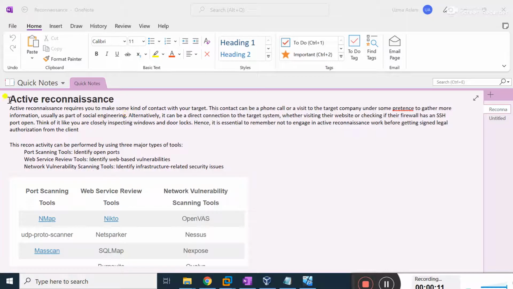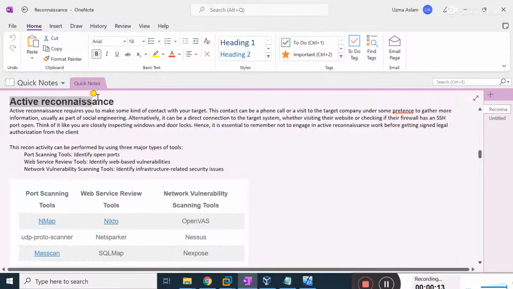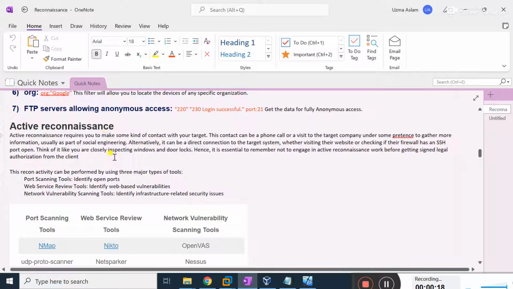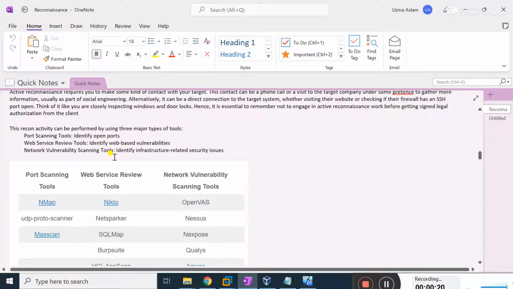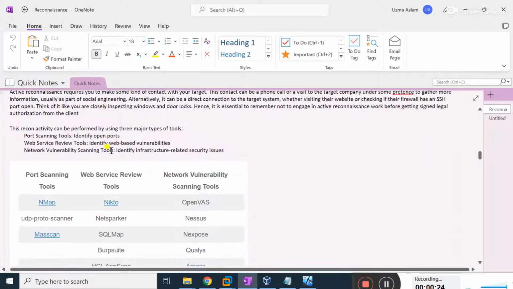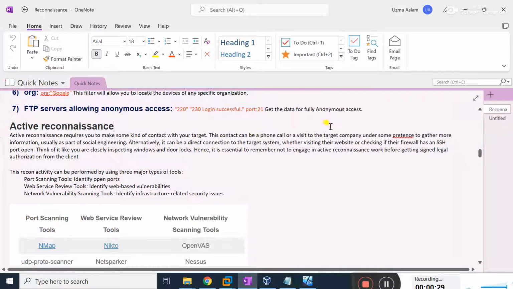In this lecture, I am going to teach you about active reconnaissance. Okay, from the definition I will tell you about that. Basically, active reconnaissance means that in this phase of ethical hacking, we have to collect information about our target machine actively. Something like that. You can personally visit your victim and find different information about your victim in an active way, and somehow you try to find information about your victim by using social engineering techniques.